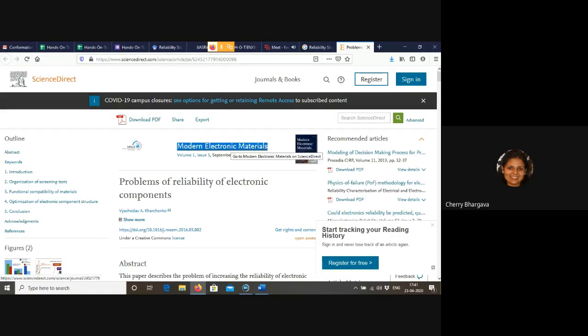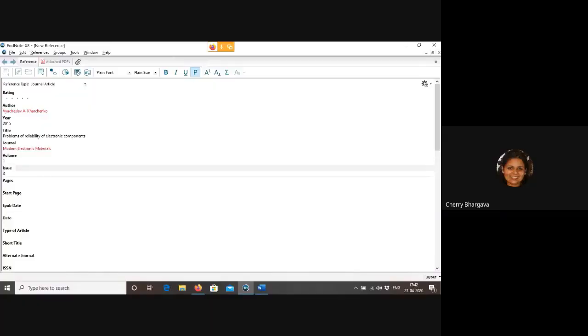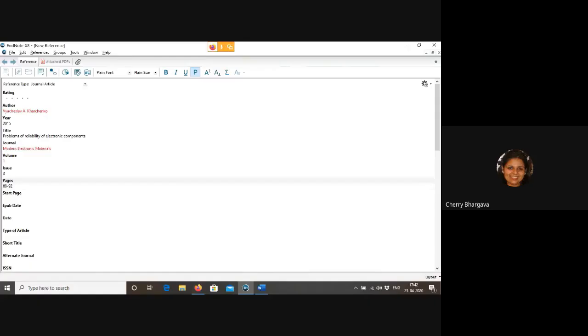Modern Electronic Materials, Volume 1, issue 3, and after that page numbers. So page number. Adding the things. Okay. Now simply press Ctrl S for saving this particular reference.